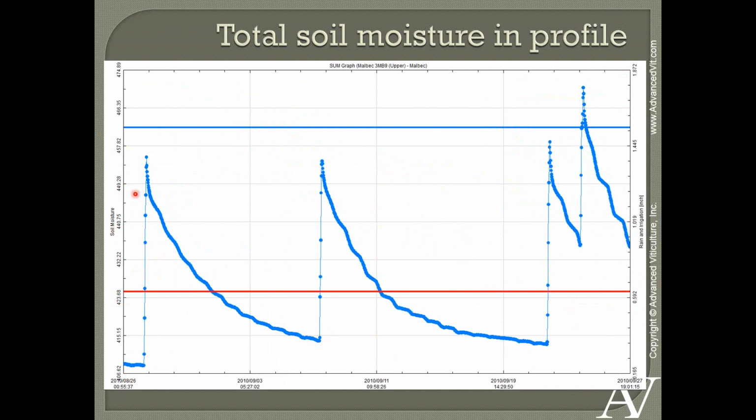First of all, we see every irrigation, the water goes up, then it comes down. But you'll notice that it does come down after this. Let's use this irrigation. It comes down rapidly, and then it starts slowing down. That's because the moisture becomes less available. The plant goes into some protective mode, so it closes its stomata and the leaves, and for lack of a better word, it becomes stressed. And as this curve flattens